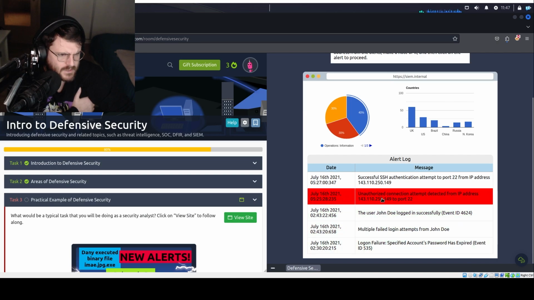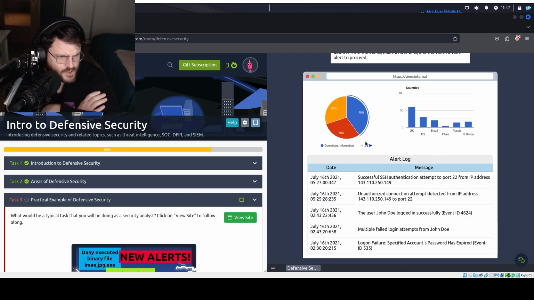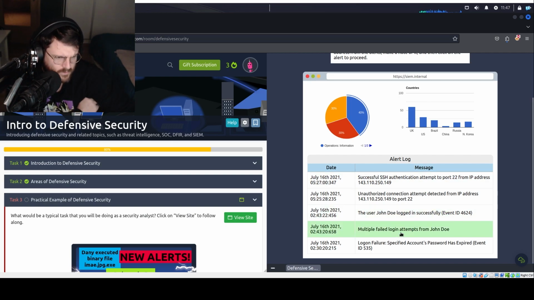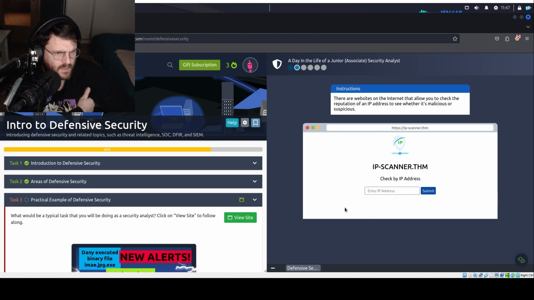China. Oh, we see that. Okay, so we have a successful SSH authentication attempt to port 22 from an IP address. We also have on port 22 an unauthorized connection attempt. We have a user login, multiple failed login attempts from John Doe. After that, he just found the password. Login failure. Specified account password has expired. All right. Okay, now if we click on that one,